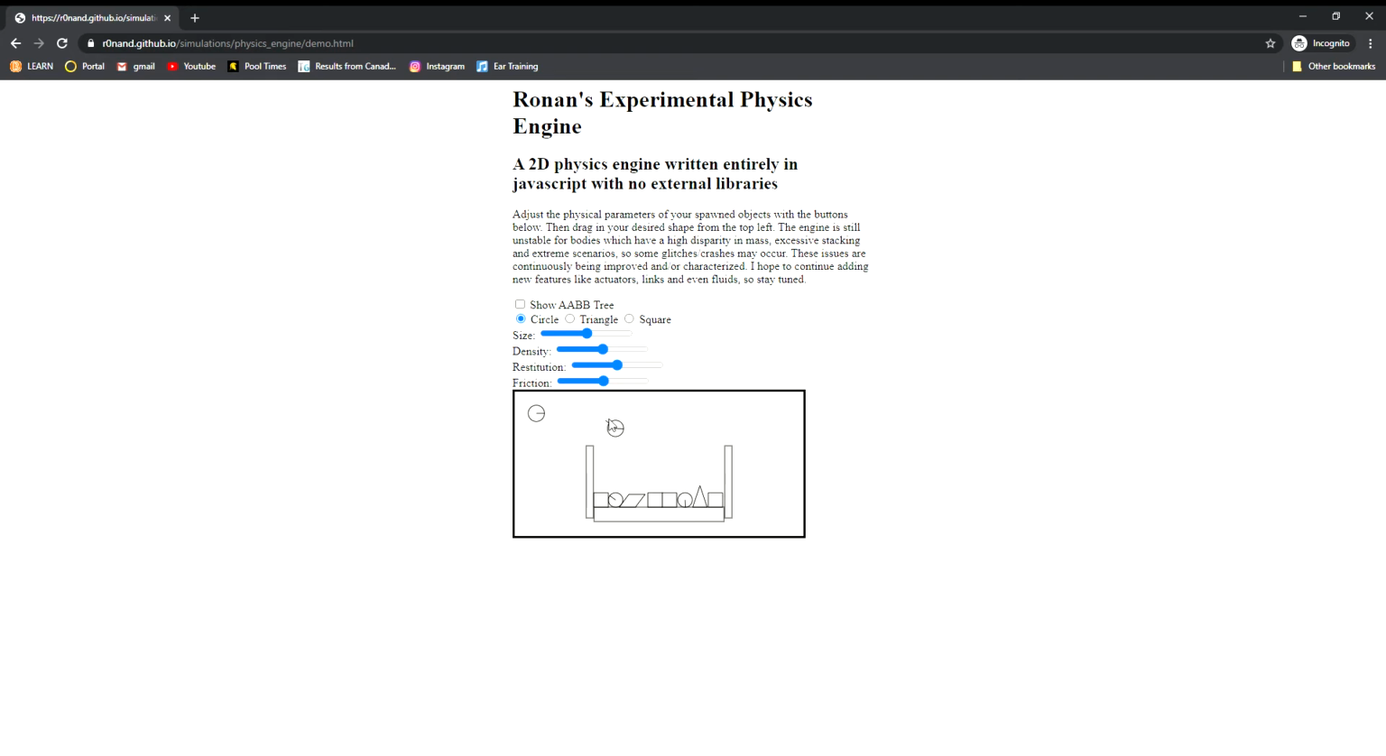As you can see, I'm able to drag in objects from the top left, and I'm able to play around with their shape and their size via the HTML interface I set up. And all these objects behave somewhat realistically, though there are still certain scenarios where you'll get unstable behavior, and I'm currently working those out. In the future, I'm also hoping to add actuators and constraints and even fluids, but I